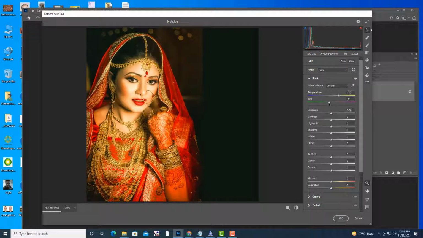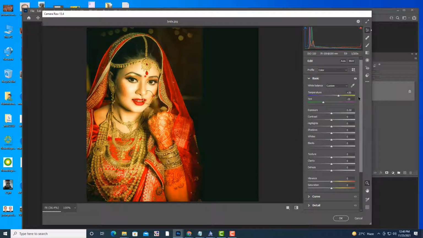Next is tint. What is tint? Tint means different colors. You are seeing different colors here. When I am changing it, you are getting these different colors. Exposure.